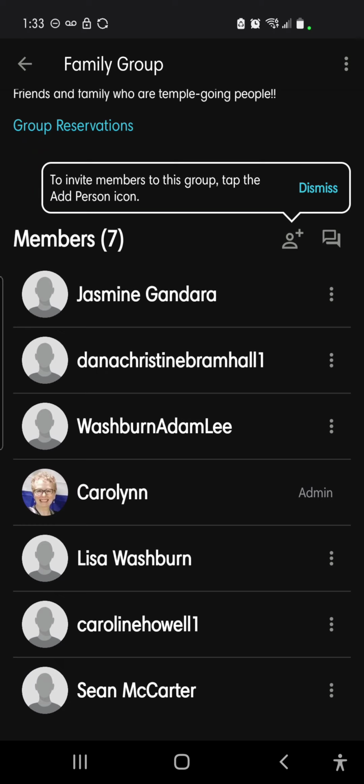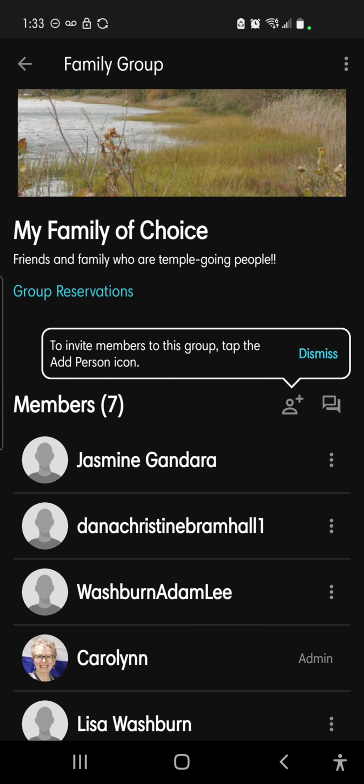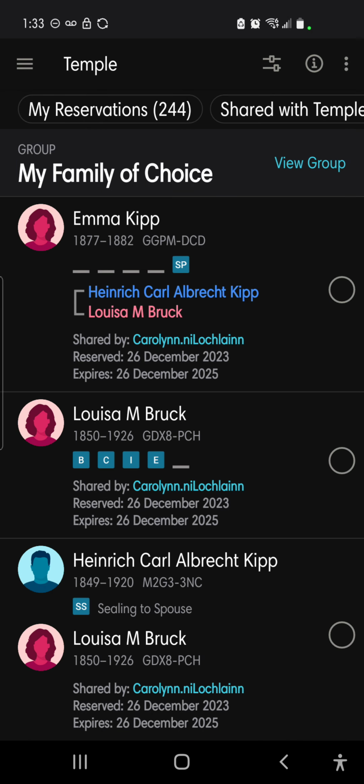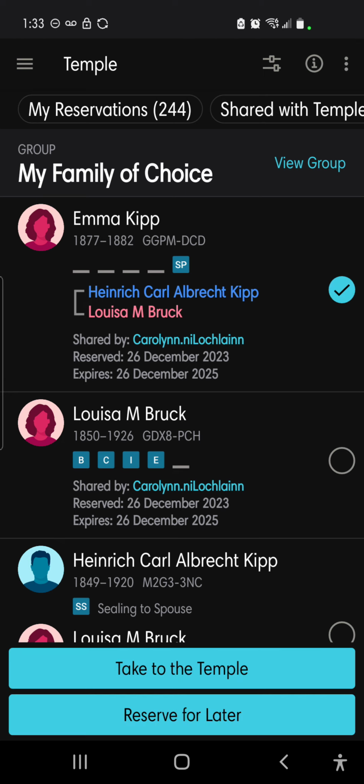So you could just tap on yourself. I'm going to tap on myself and show you how to do it. So let me look at group reservations real quick. There we go. So once you just tap on group reservations, it takes you to all of the people who are held aside in this group. And then what you do is the usual thing. You just tap on the circle here to the right, and then you can take to the temple or reserve